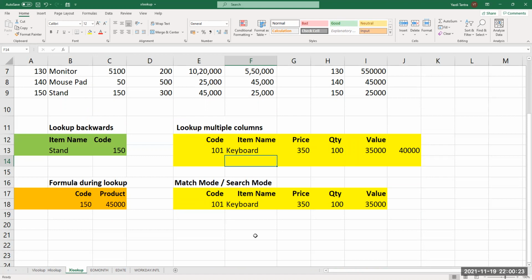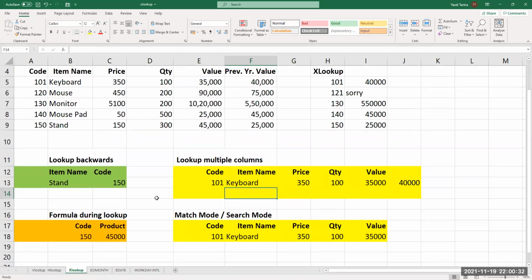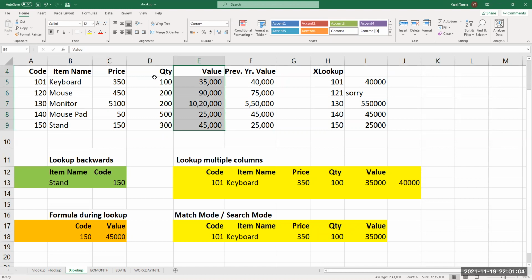Now, if I want some calculation to be done during lookup, this also is very useful. So if my product code is here and I want the value, sorry, this is wrongly written. For whatever reason, I don't have this column, I only have price and quantity.